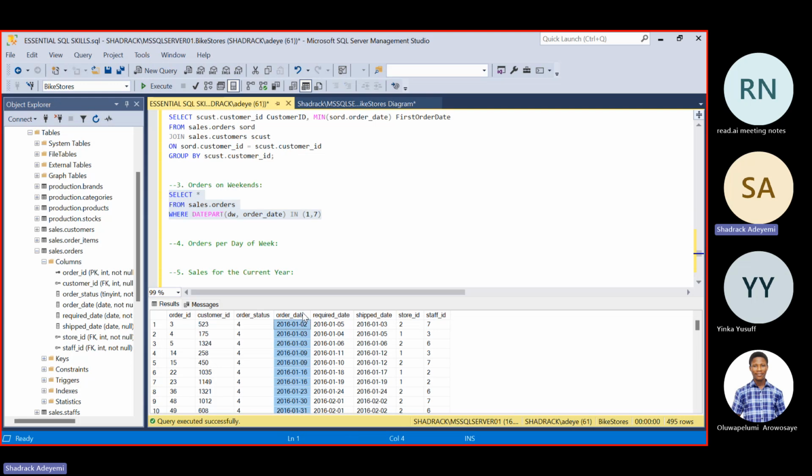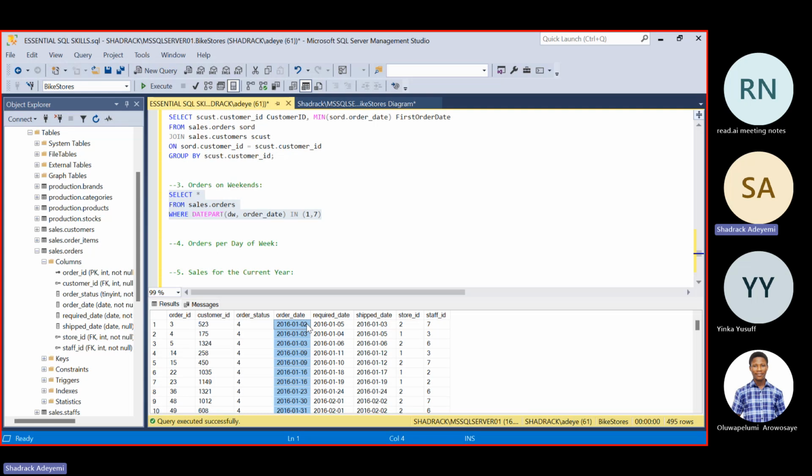2nd of January 2016 should be a weekend. 3rd of January should be a weekend. 9th should be a weekend. If you look at it, you most likely see that we have 7 days between each of them. 2 plus 7 is 9, and then another weekend should be 10.